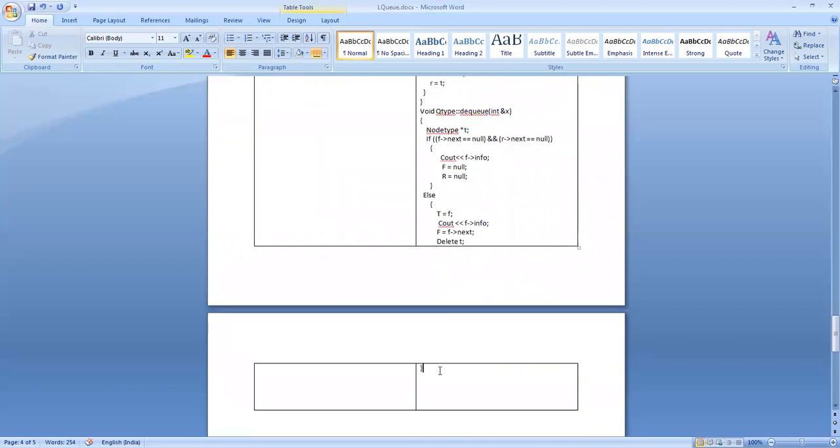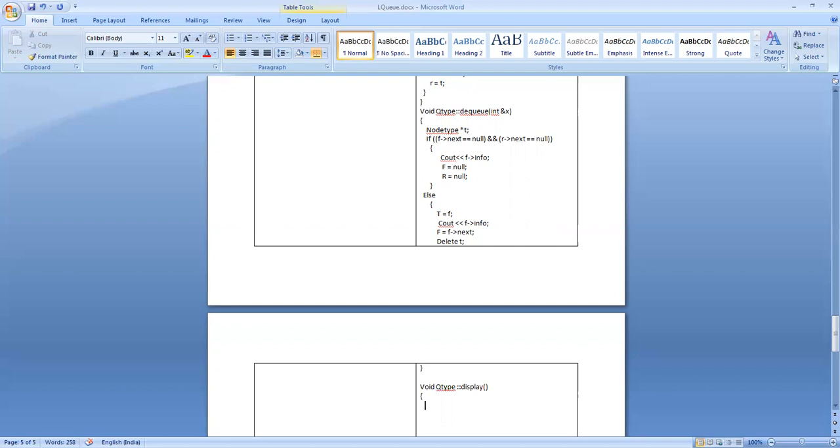This is how you delete a value. Then you want to display the contents of that queue. So the void display function is available in the class queue type. The name of the function is display. It is a very simple function. You start from front up to the rear and display the contents.